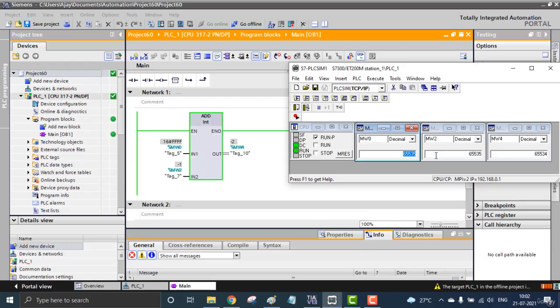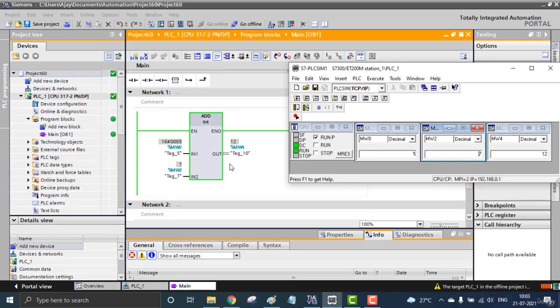I'm making everything 0 by default. So for adding these two memories mw0 plus mw2, like I'm adding 5 plus 7, we'll be getting 12. That means inside mw4 is 5 plus 7, which is 12.